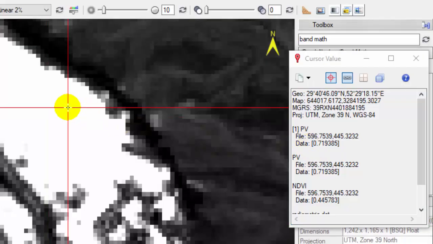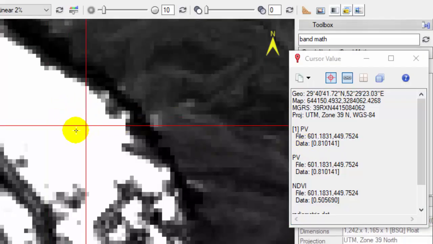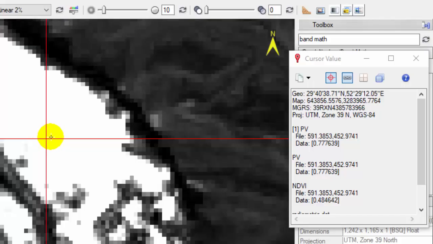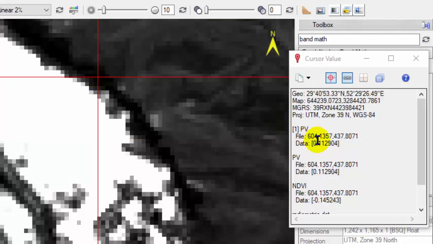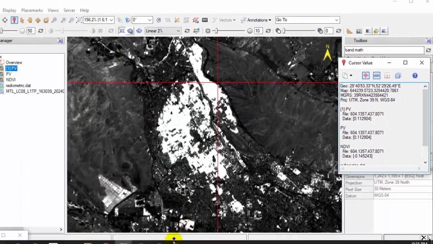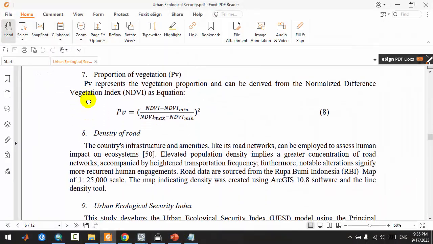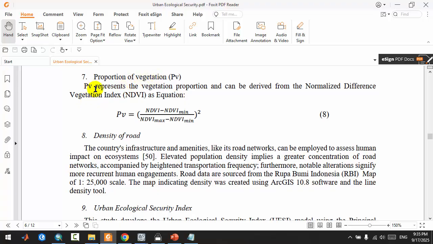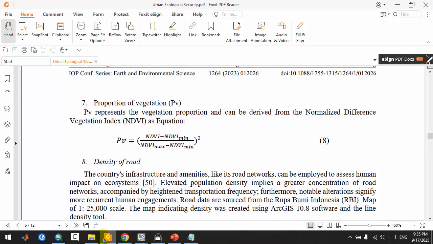0.79, but the black pixel is non-vegetation. Click on the 11.11. This is a low PV. Then okay, proportion of vegetation represents the vegetation proportion and can be derived from the normalized difference vegetation index, these equations. Okay,